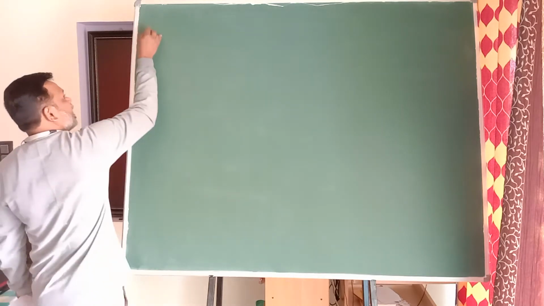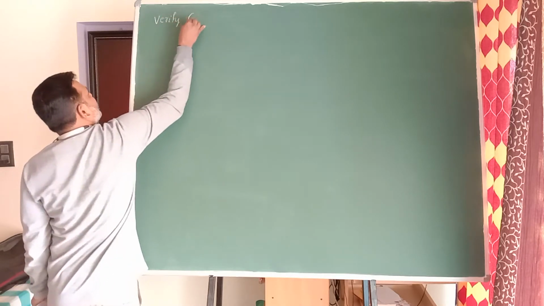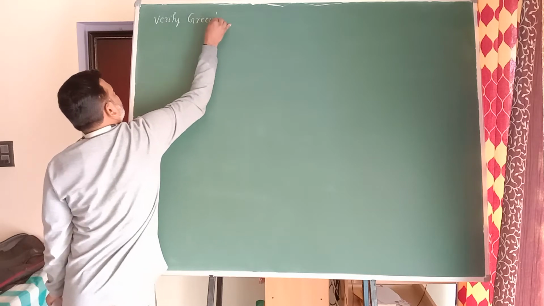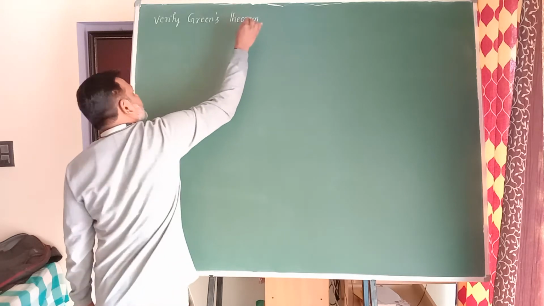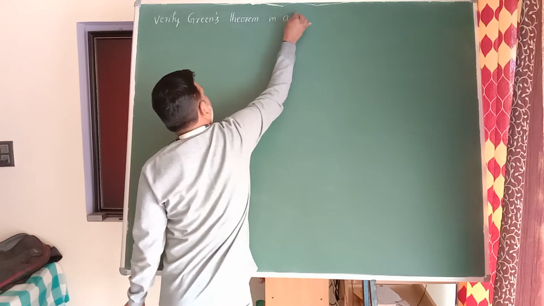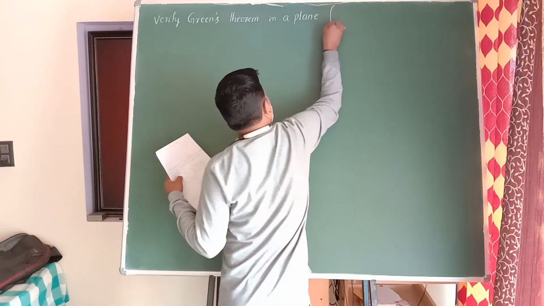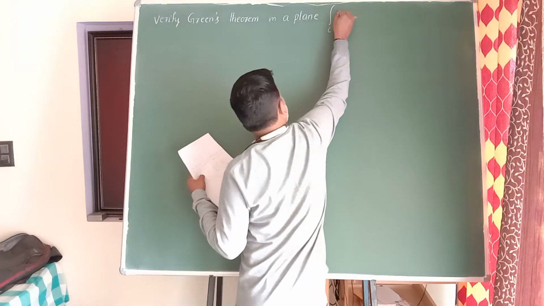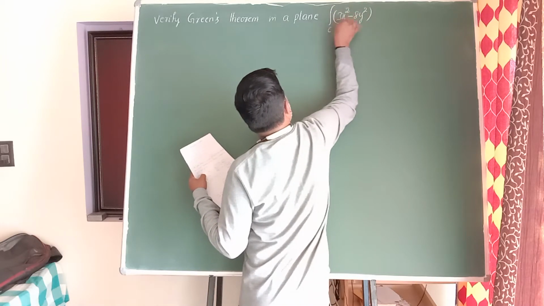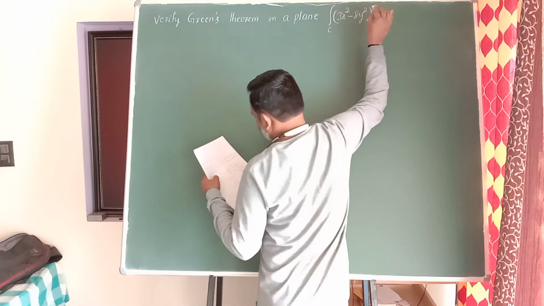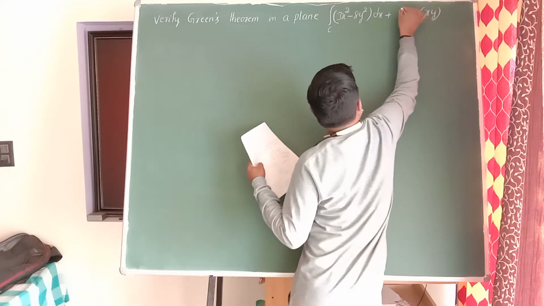The question is: verify Green's theorem in a plane. Why is it a plane? Because it is two-dimensional. The line integral over C of (3x square minus 8y square) dx plus (4y minus 6xy) dy,